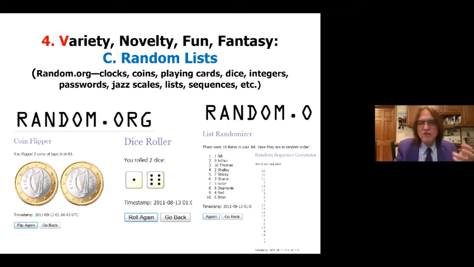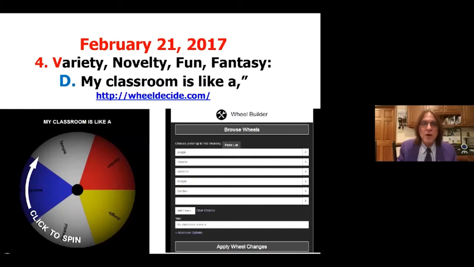It's a little different using random.org. I'm teaching a class now in reverse, from the last week back to the first section, from the last module back to the first module. Because after so many years, I was getting pretty boring. I was pretty stale. In teaching in reverse, that got really exciting. I got excited. It got kind of fun to do. So you've got to try it out every once in a while. Another way to try something new is to use a tool called Wheel Decide.